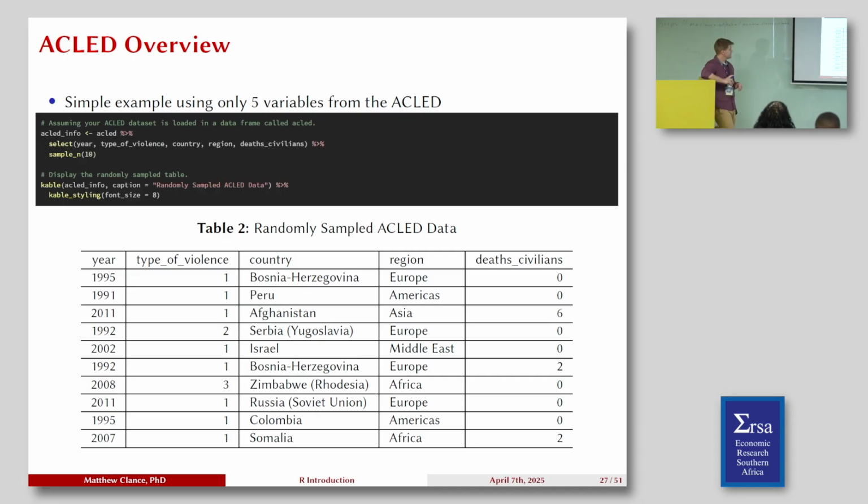So in this case, when I do the kable, I just have to tell it what I want to basically print in terms of the data. I can tell it the caption information, and then this last little part is just telling it how big I want the text. Once you do that, I didn't do anything else to this. This is exactly what it printed.